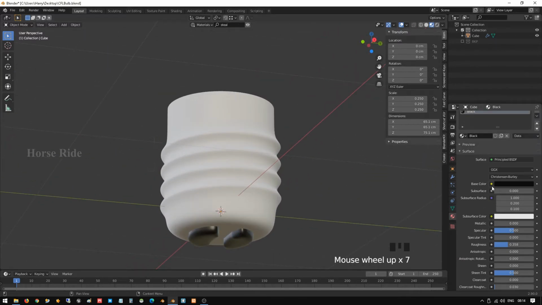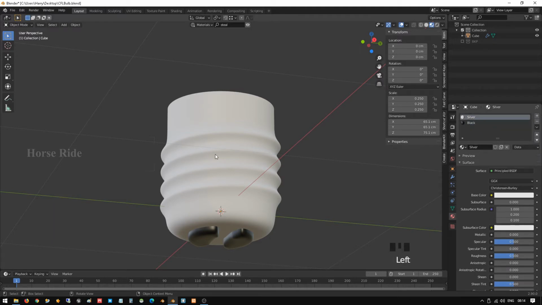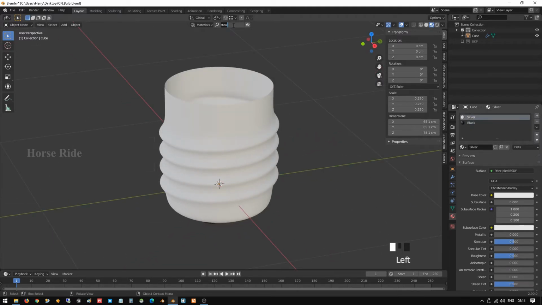Okay, then after doing that, go to this silver, steel. Again, search it. Yeah, for loading it takes time. So when it's loaded, I was busy with doing the modeling.